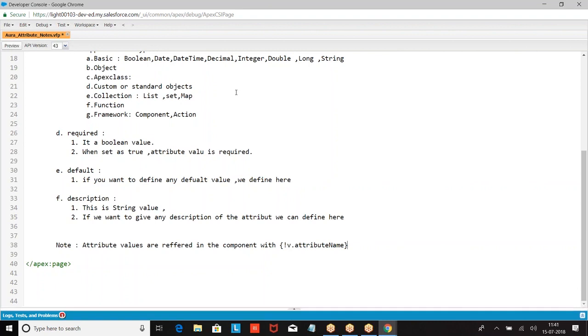Expression format, variable name. Here we have to give v dot variable name. If you want to refer, it should be defined as v dot attribute name. This is how we are defining.